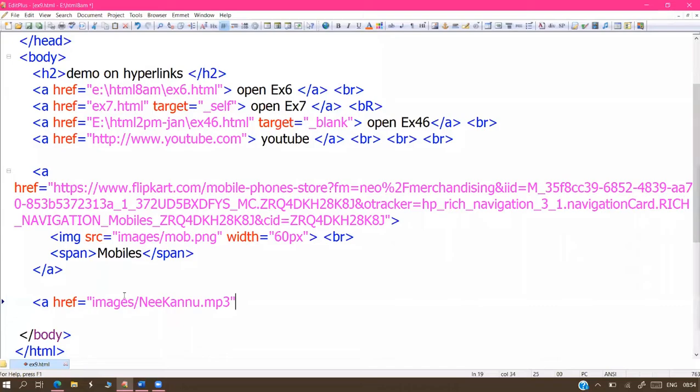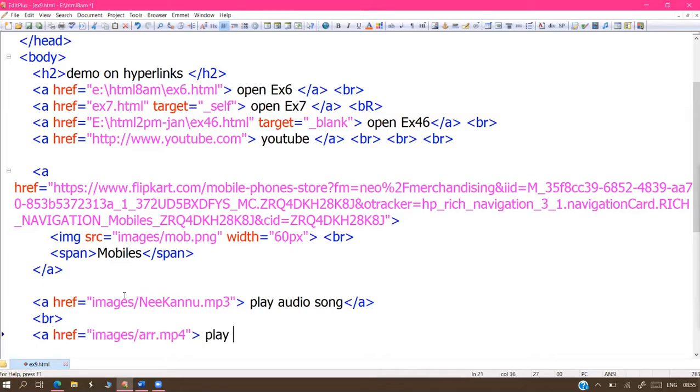This is a br tag. There's one more anchor tag, href equals to images slash, dot mp4. This is the video song. So, play video. Play video, play audio. This is one video, one audio.